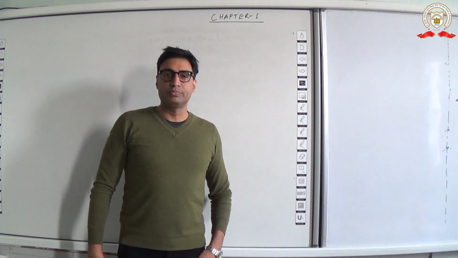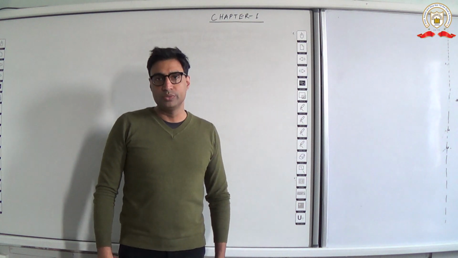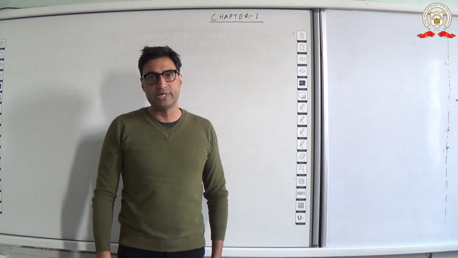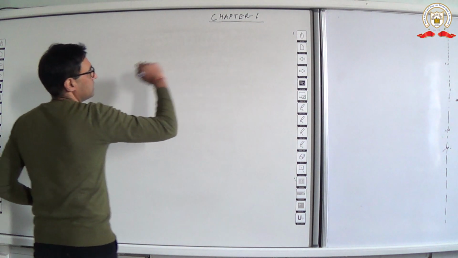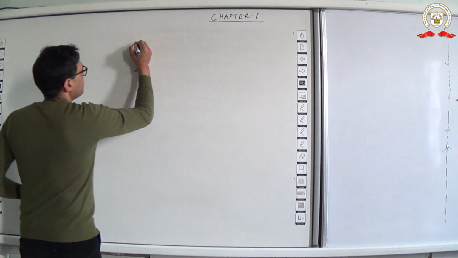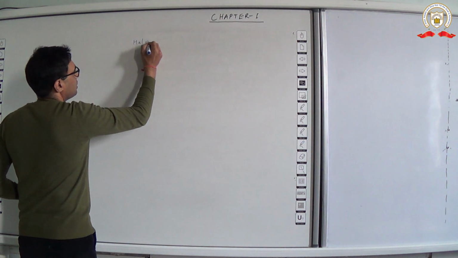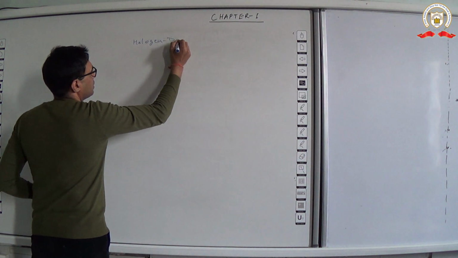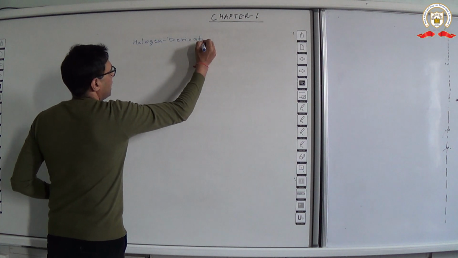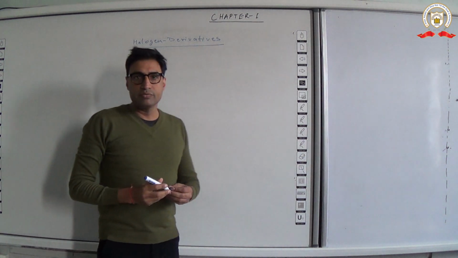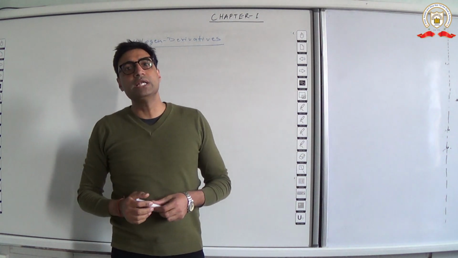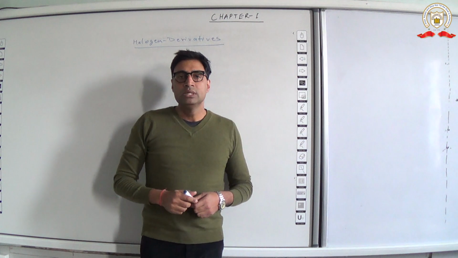We'll be doing a chapter of 12th standard book 2, that is Halogen Derivatives. So today we are doing the first chapter of organic chemistry, that is Halogen Derivatives. Well, before starting with halogen derivatives, I would like to tell you that your organic chemistry here in